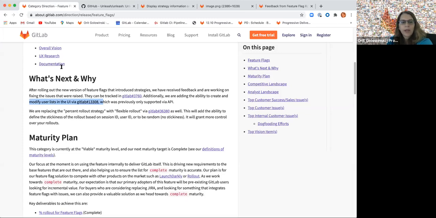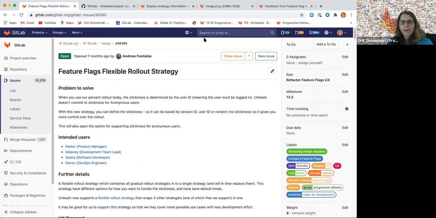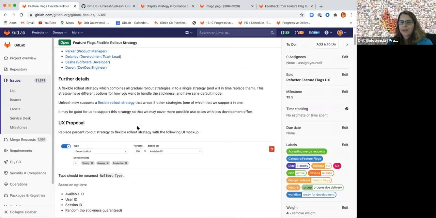And the next thing that we're working on in this milestone is percent rollout strategy. So if we open the issue, oh, I didn't mean to open it up on the same page, but no worries. This is an extension of our current percent rollout. So we already support percent rollout, which means that you can decide to expose your feature to 50% of your users on production, okay? And what is confusing about that is that you don't know what the stickiness of the